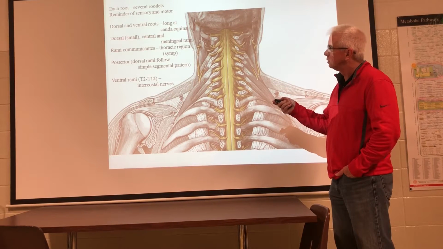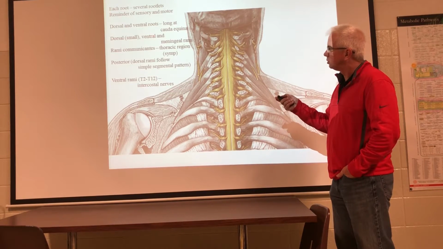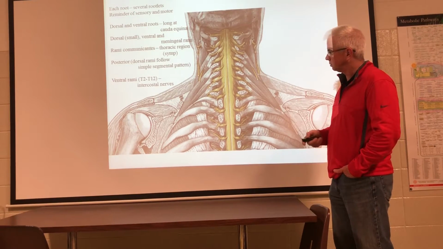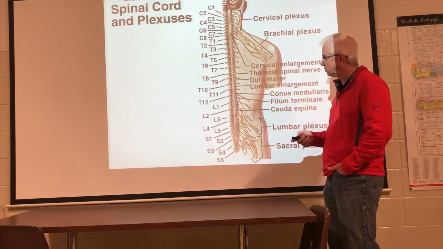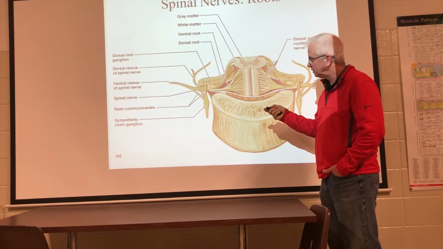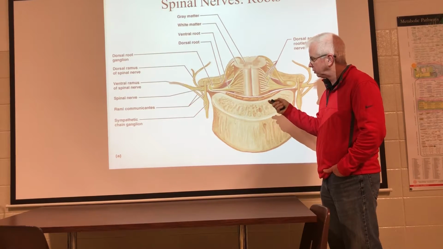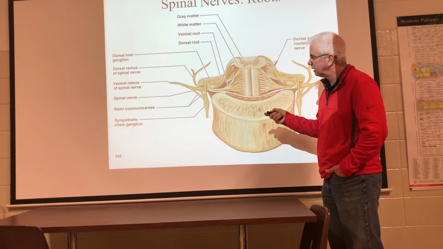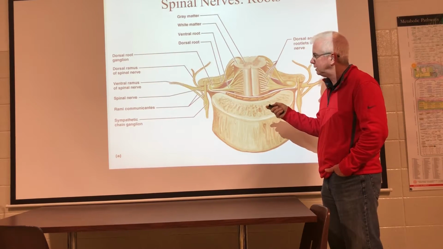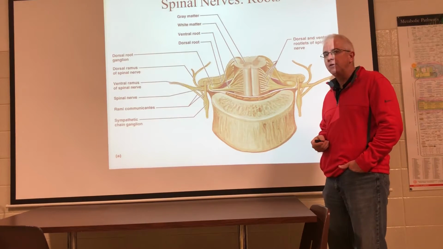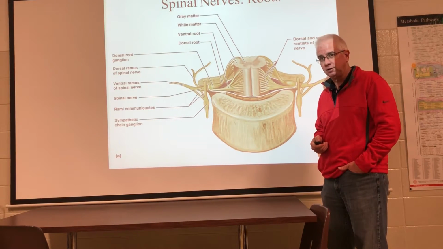The dorsal and ventral meningeal rami are the connections to the sympathetic nervous system. So let me show you that. This is also something that we'll do over and over again. When I saw this a second ago, I pointed out the dorsal root ganglia on the dorsal root, and I pointed out the ventral root to you. And here's the spinal nerve, and I said the dorsal rami are going to the deep back muscles. The ventral rami form the plexuses. But in the thoracolumbar division,